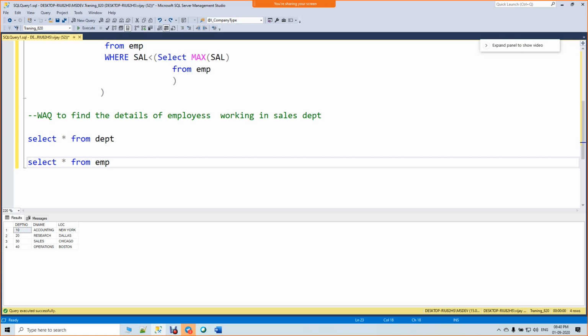Shall I explain? I found the department number is 30, but I couldn't apply it for the second select from, because I couldn't do select from two times.